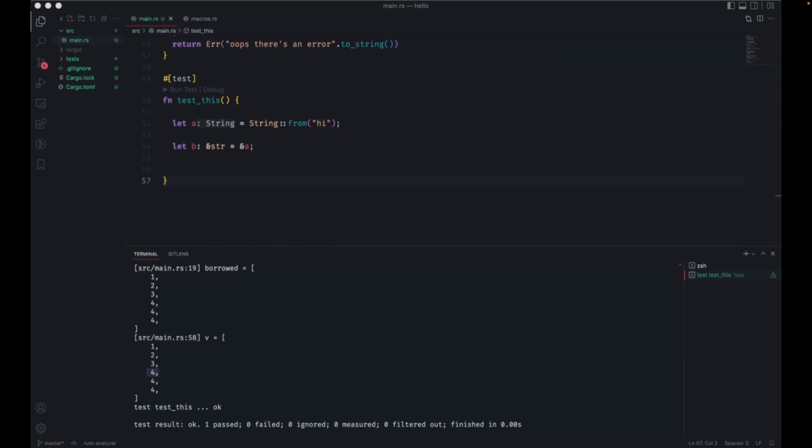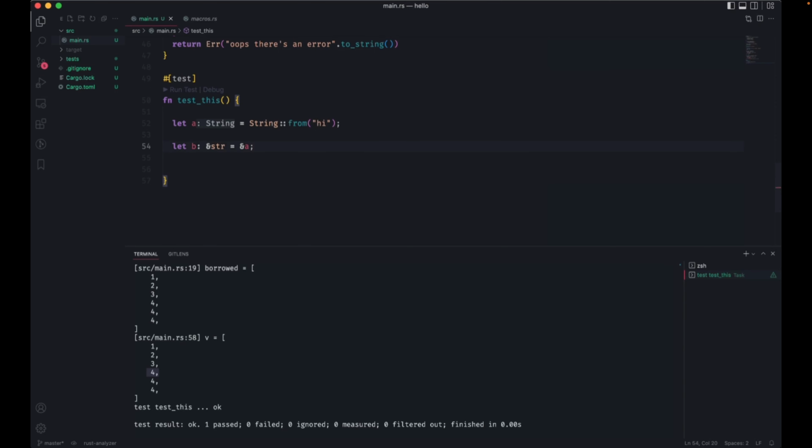But as I was playing around, I just created a literal string, and then I got this ampersand in a borrowed version, and I was like, why? When do I get to use just the str?